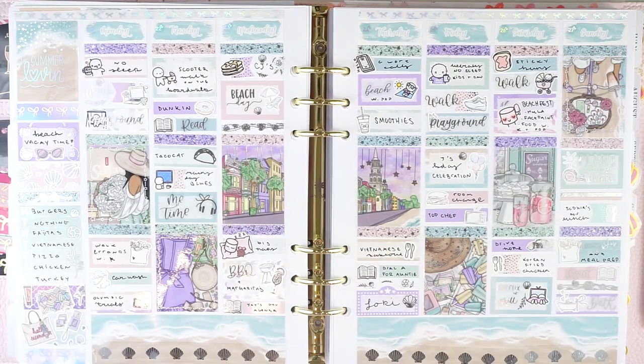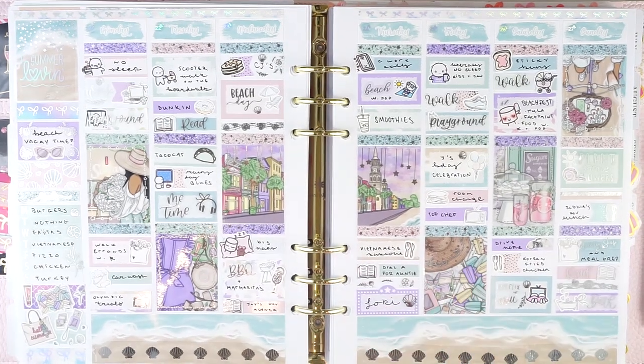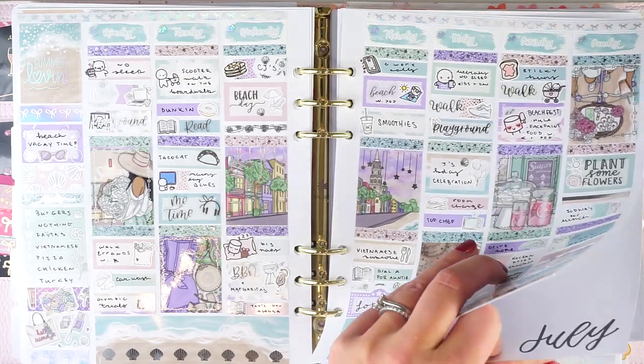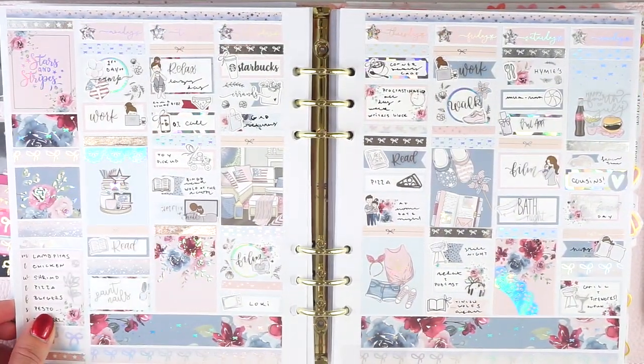I am not a person with naturally very neat handwriting. Even though I love brush lettering and doodling and that kind of stuff, my day-to-day writing is a struggle to stay neat. Anyway, on to the month of July, we have this kit called Americana from Two Little Bees,